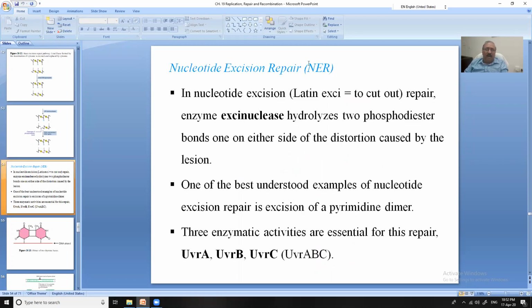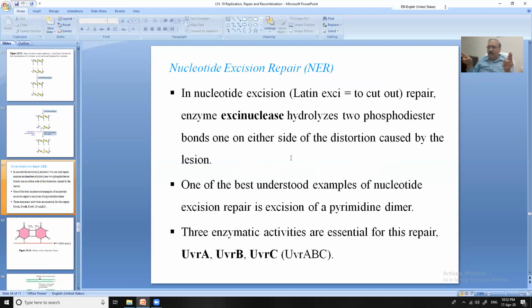Now it is the third one, nucleotide excision repair, NER. In nucleotide excision repair, enzyme excinuclease, it is a new term for you, excinuclease, hydrolyzes two phosphodiester bonds, one on either side of the distortion caused by the lesion. You know that nucleases are scissors. Nucleases are scissors. So these scissors, what they are doing,